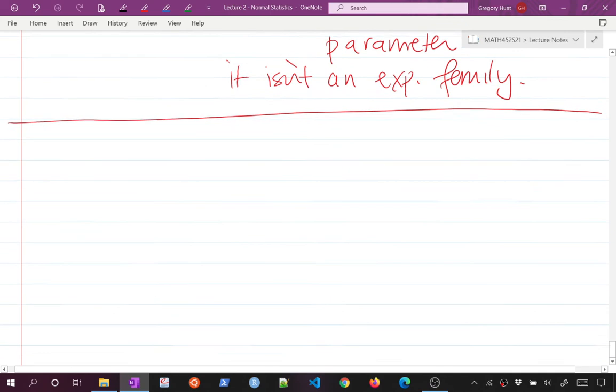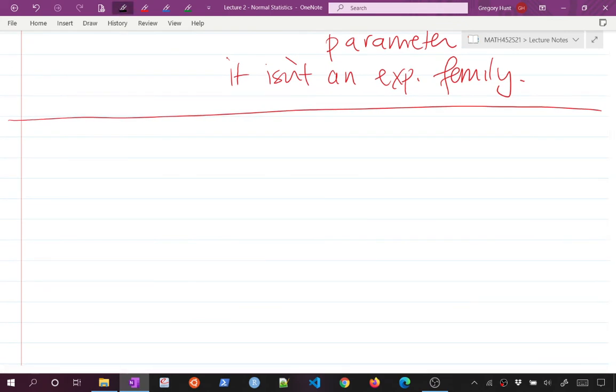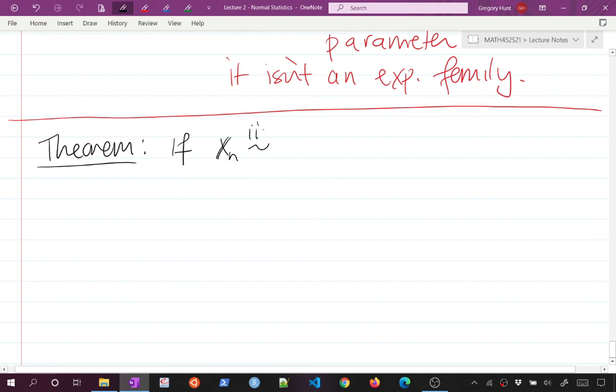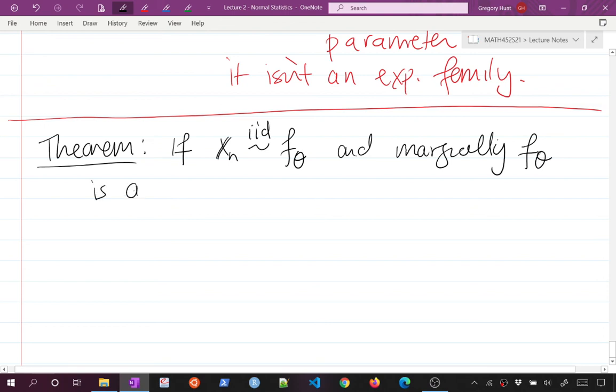One thing that should be noted is that, I'm just going to write this down as a theorem. It's not really that hard to show. It's quite easy to show. Be a good homework question. Is that if I have some x sub n's from some distribution f parameterized by an unknown parameter theta, and so marginally f of theta is an exponential family,